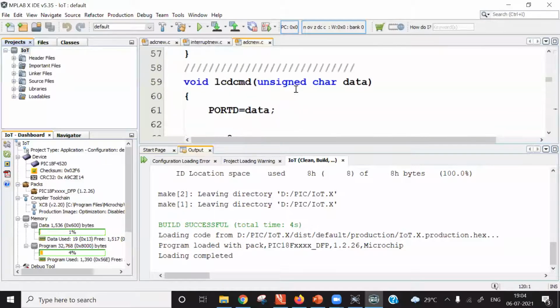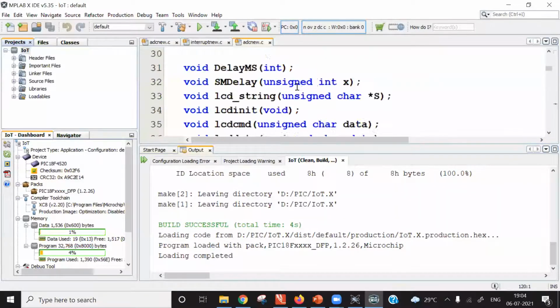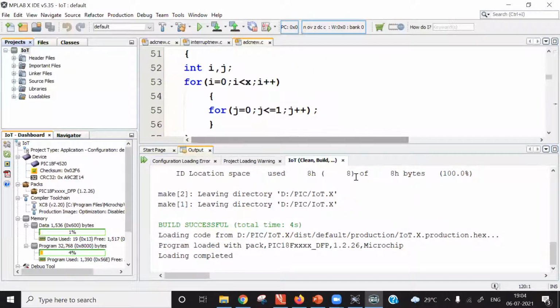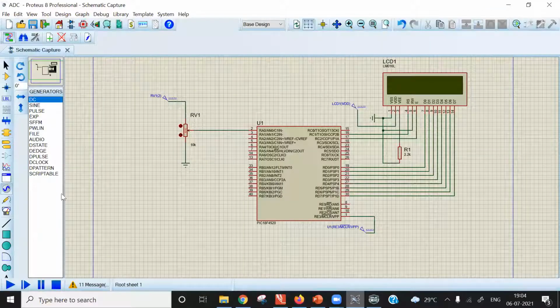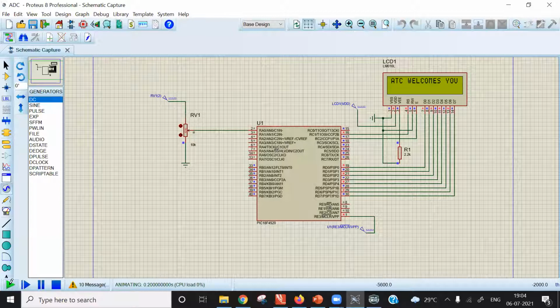I think the breakpoint has been removed automatically, so we will go with this. After removing the breakpoint, we'll start the simulation again.